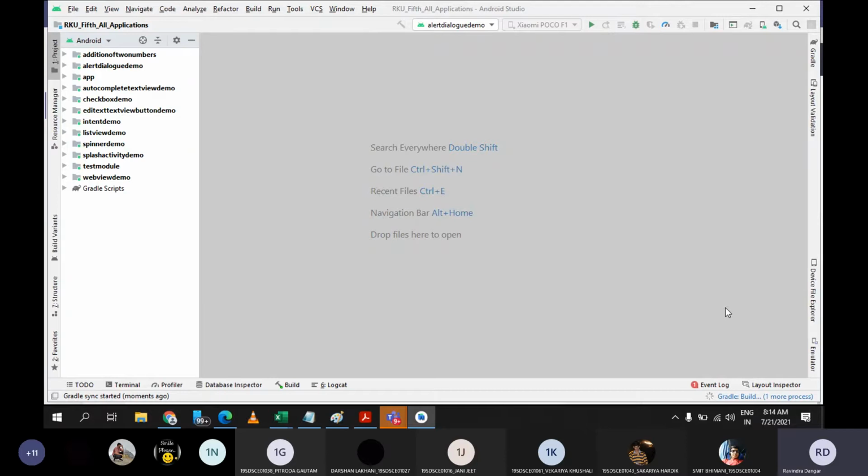Mostly people use a rating bar just to get ratings from the user. Whenever you place a rating bar in your application, it will return a floating point number. It is not going to be an integer value, but a float value. For example, if you give rating 2, then you will get 2.0. If you give 3, you will get 3.0, and you can even give 3.5, 4.5. There are many possibilities, and it is up to you how many numbers you want to place in your rating bar.